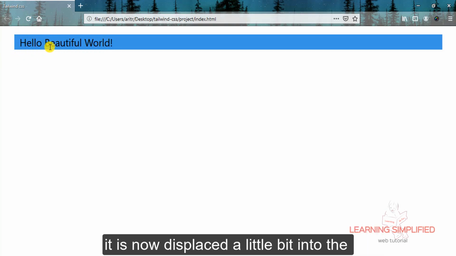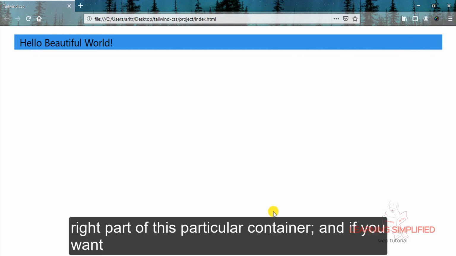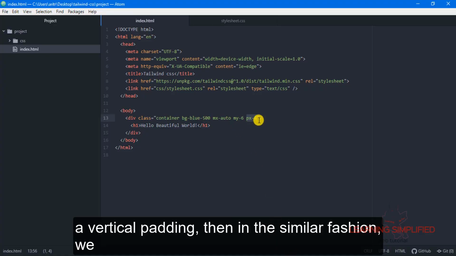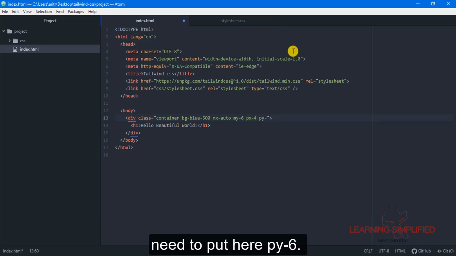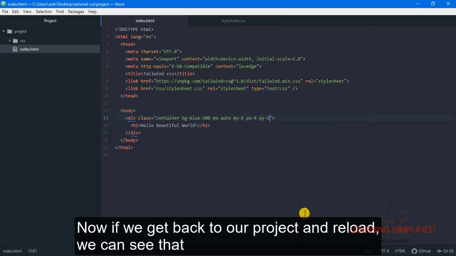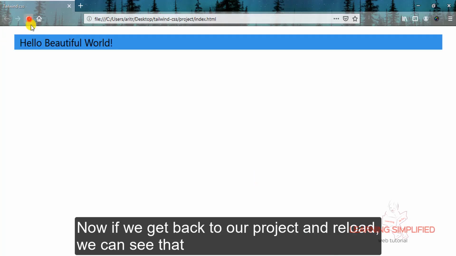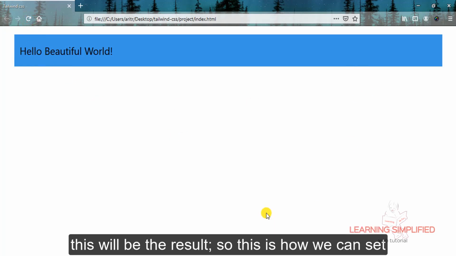It is now displaced a little bit into the right part of this particular container. And if we want a vertical padding, then in the similar fashion, we need to put here py for say 6. Now if we get back to our project and reload, we can see that this will be the result.